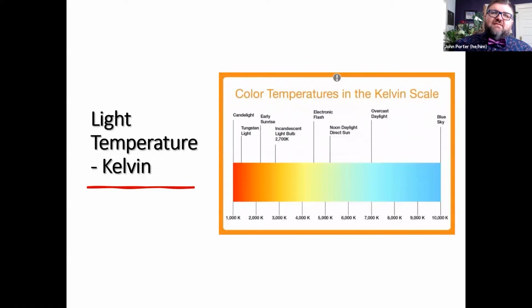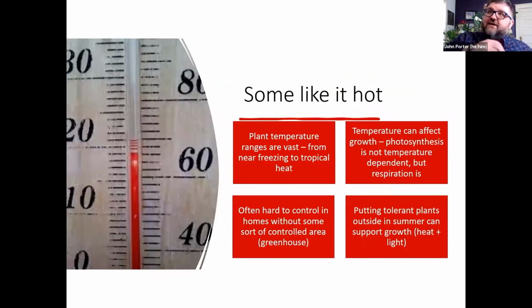So you can actually see, if you look at a light bulb, you might see this Kelvin on there as well. And so you'll look for plant lights that resemble more of the sunshine. So you want this middle range, like the 4,000 to 7,000 type Kelvin. You don't want anything in the extremes whenever you're looking for light. I know that was very brief. Scott did a much better job of explaining that, and we'll tell you where to go find the YouTube channel later on, so you can see his talk that he did earlier in the spring.